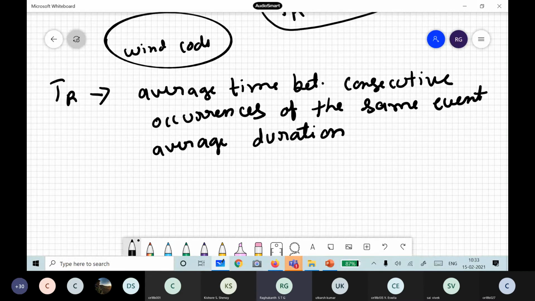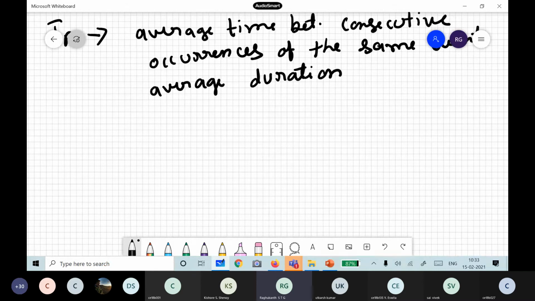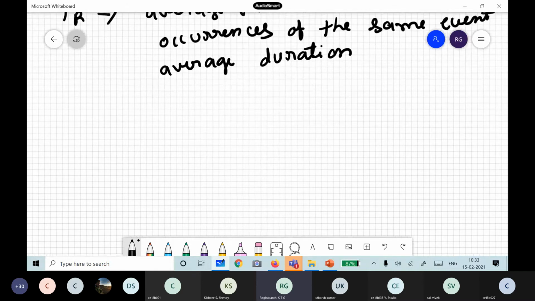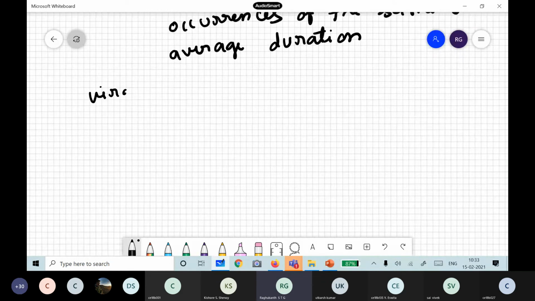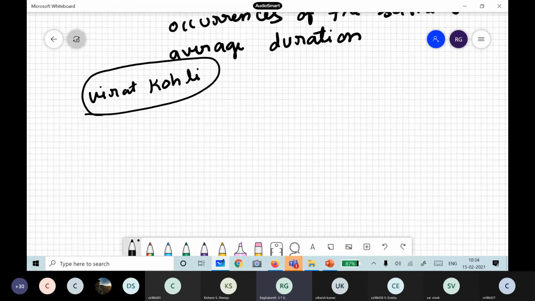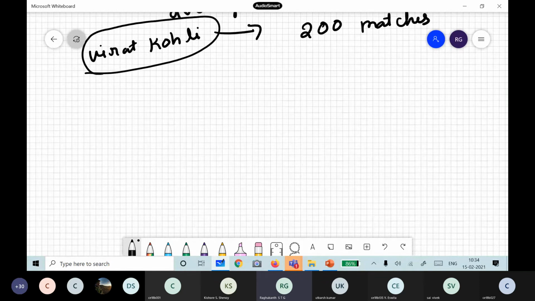You followed? I will just give an example. Nowadays, I think all of you are watching cricket, no? In Chennai, I think a test match is going on. If you take any batsman, say Virat Kohli, I think all of you like him. Say he has played some 200 innings. If you see his details, the runs scored, in the first match, how many runs did Virat Kohli score? Any of you remember? No, none of you remember. I also don't remember. Let us say he scored 10 runs in the first match.